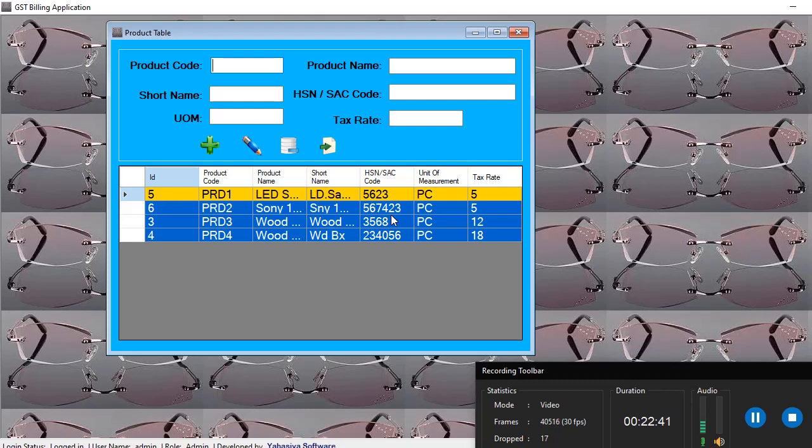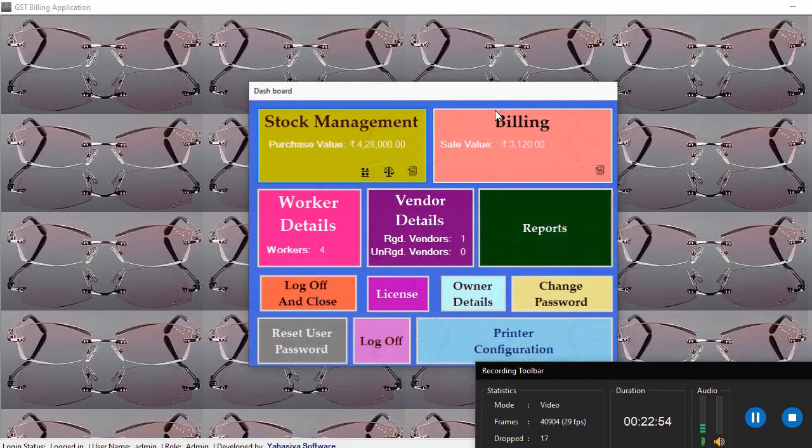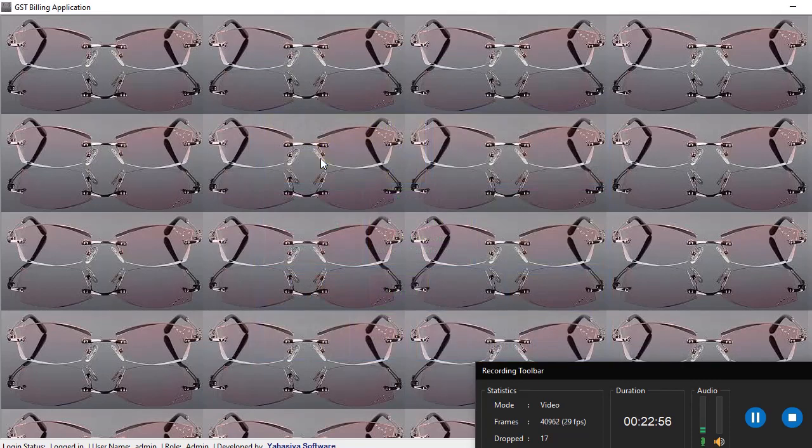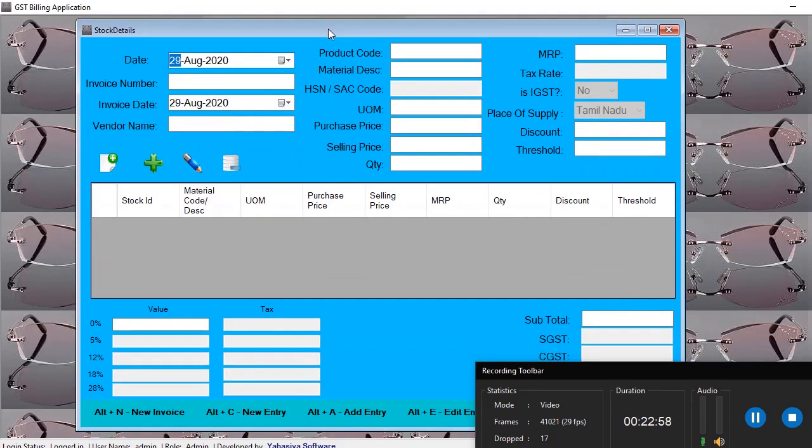You do not need to enter the product name, HSN code, unit of measurement, tax rate, nothing needs to be entered. Only by entering the product code we can get all other information populated. So let us go into the stock entry and see how it happens. So this is our stock form. I want to enter a new stock.